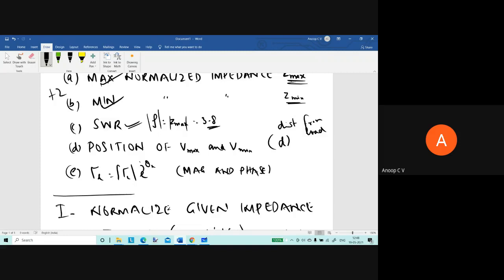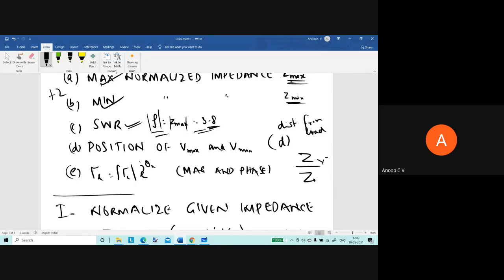What is the unit of normalized impedance actually? If I ask that, is it ohm or is it unitless? Normalized impedance is impedance by impedance, so it's again unitless. So even if they share units, not a problem. But it's always good practice to say numerically equal to. Why? Because they happen to be equal. That's it. So we found the standing wave ratio.